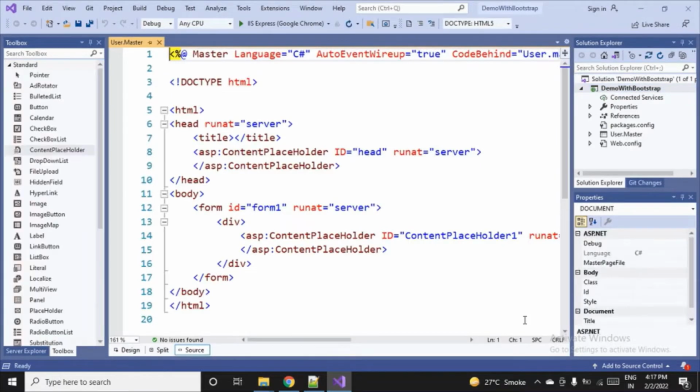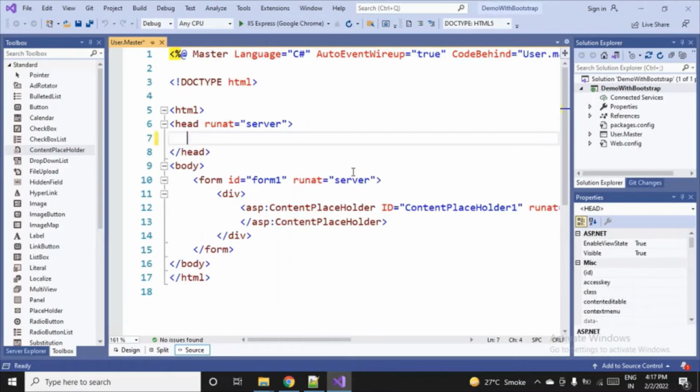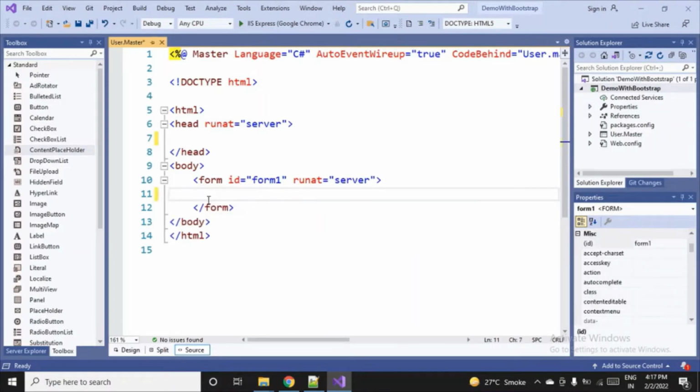Now adding things is very important, so carefully have a look. I'll first remove the ASP content placeholder, which we actually did in the previous example too. So now this is head and this is the body which we have to put. I'll keep the form tag here itself. In future, if I need to put certain controls which you all can see here in the toolbox, this tag will be required because I want to interact with all those controls and send the request back to the server. So in that case, this form tag will help me out. We'll discuss it later.